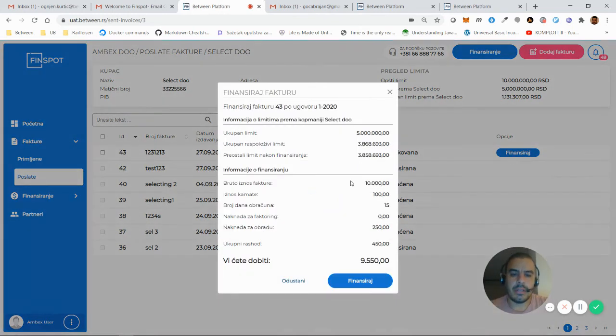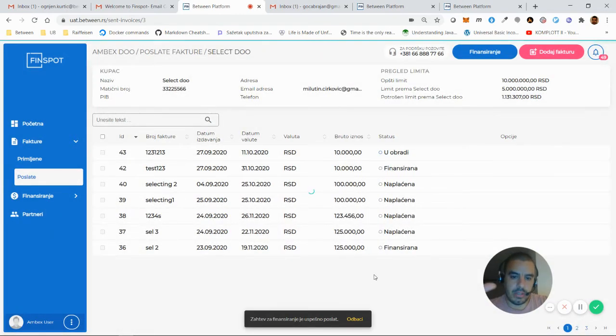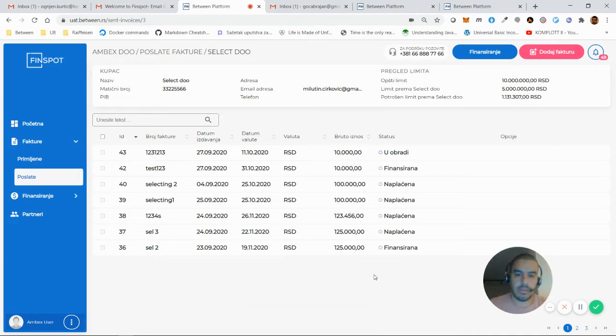I can ask for financing, and there, based on my contract terms that I created, I can see the amount of the interest, how many days, and so on and so forth, and I can actually see how much money I will get from financing this invoice. Okay, so quickly you've seen how the company can request the invoice,